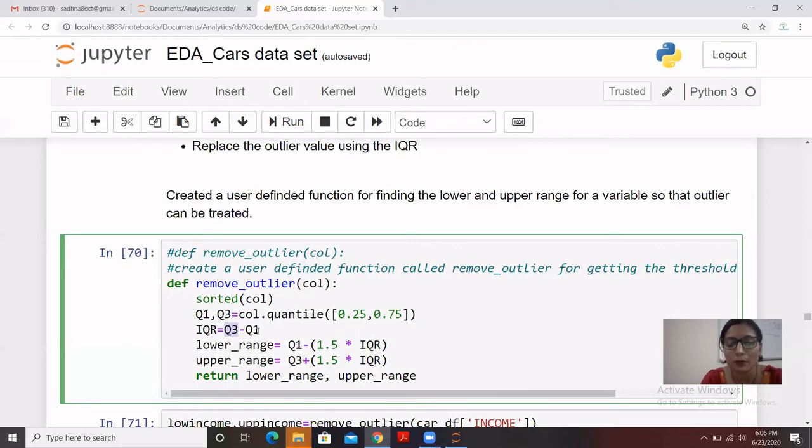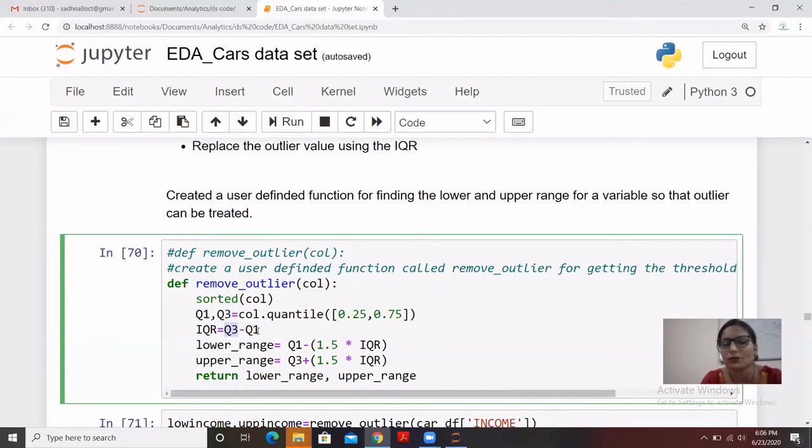I do not want to go beyond that range. Anything coming beyond that lower range, I will treat as an outlier. Then I have created a different range, which is upper range. That is Q3 plus 1.5 times IQR. So I have defined my lower and upper range. Anything coming outside that range, I'll treat as an outlier.